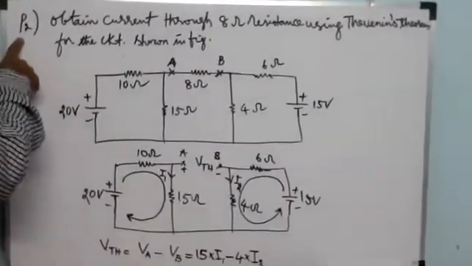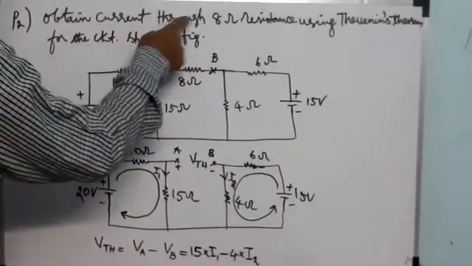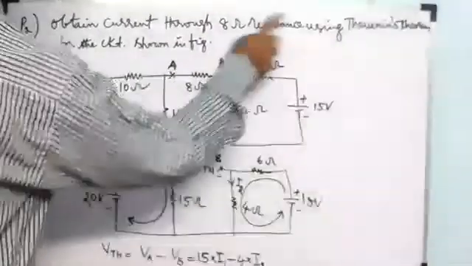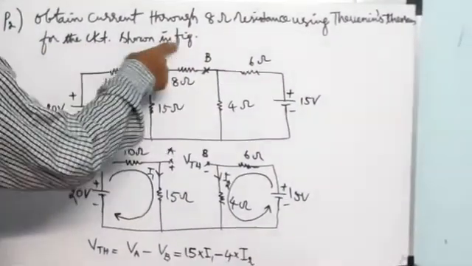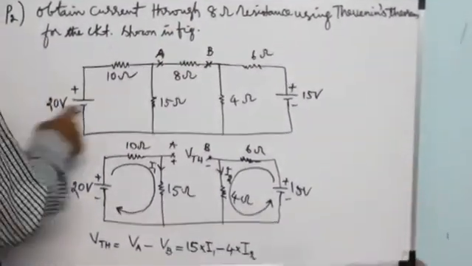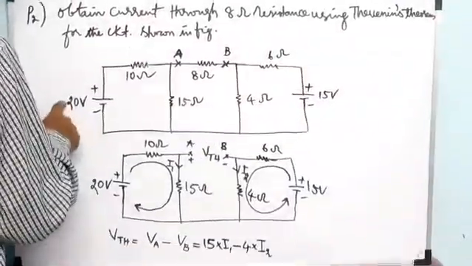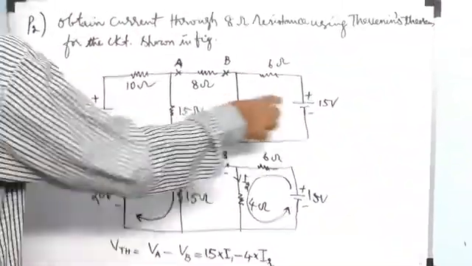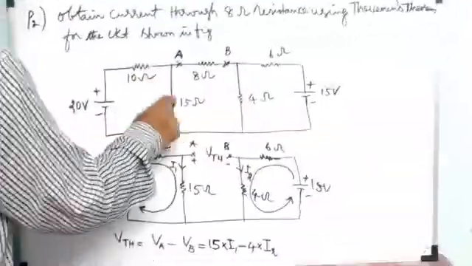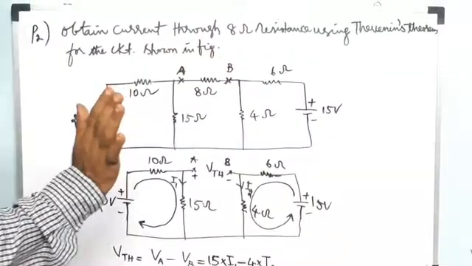Problem 2. Obtain current through 8 ohm resistance using Thevenin's theorem for the circuit shown in the figure. Here there are two DC sources, 20 volts and 15 volts, and 1, 2, 3, 4, 5 resistors. Now,